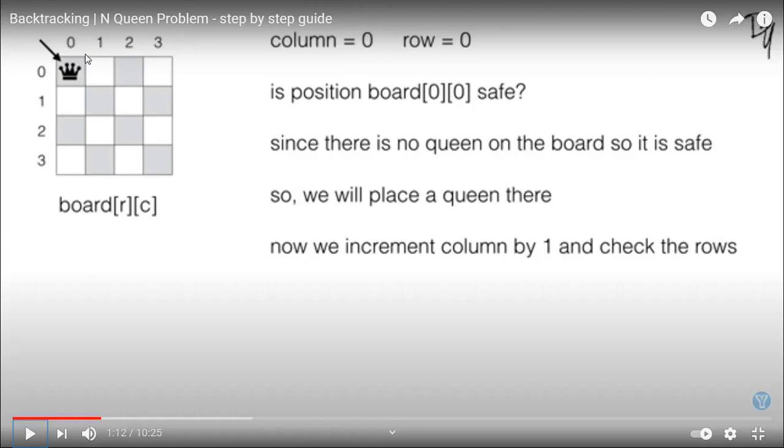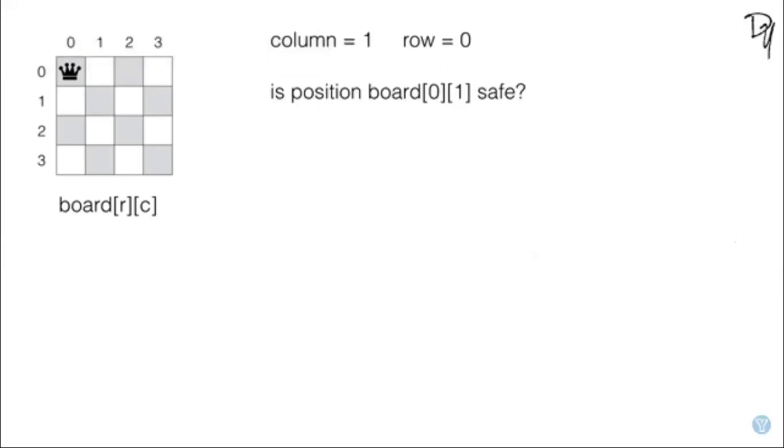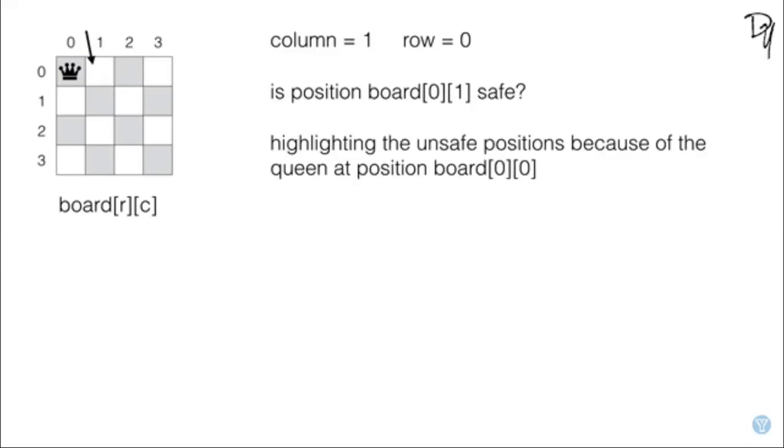Now what we have to do is increment the column by 1 and check the rows. Always, once you finally place a queen in one column, we will increment the column by 1 and check all the rows for that column. Now the column is incremented. Here you can see column is equal to 1 and row is equal to 0. The arrow is showing the position.